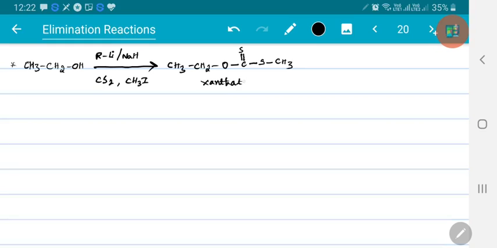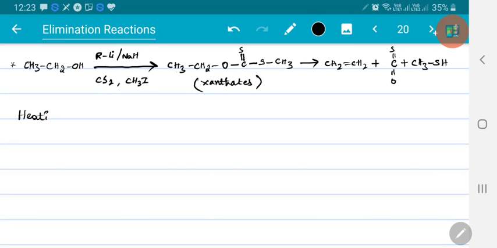This xanthate on heating, you have a beta hydrogen here. So you will get ethene, CH2 double bond CH2, and the remaining is C double bond S, and double bond O, and CH3SH. So this is how the product is obtained. Right? This is about heating of xanthates. Now the third type, heating of amine oxides.